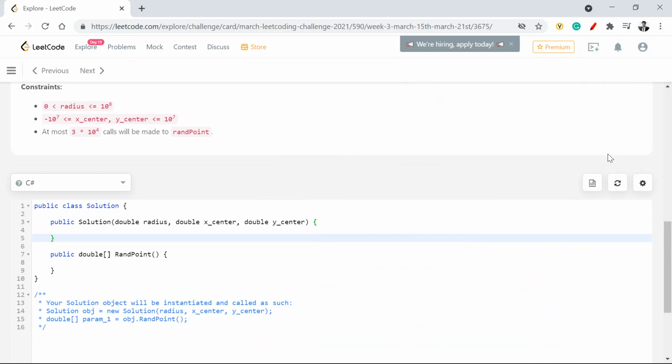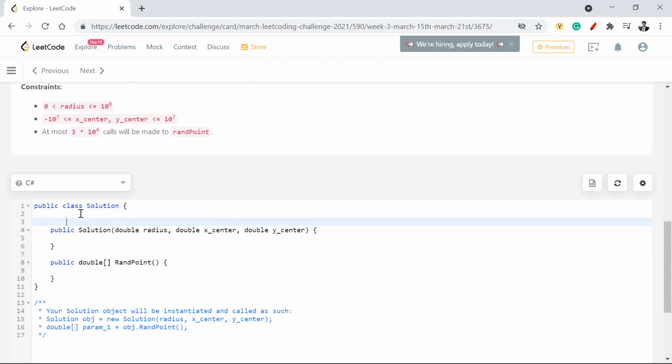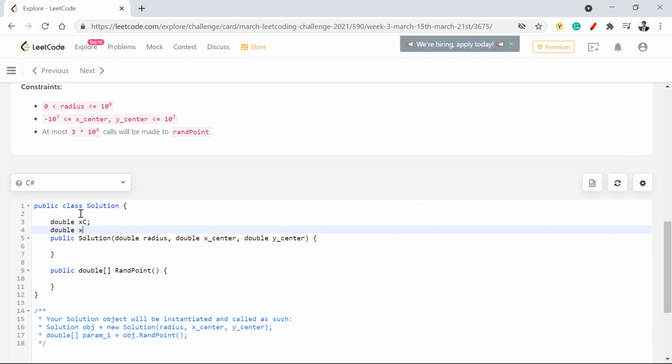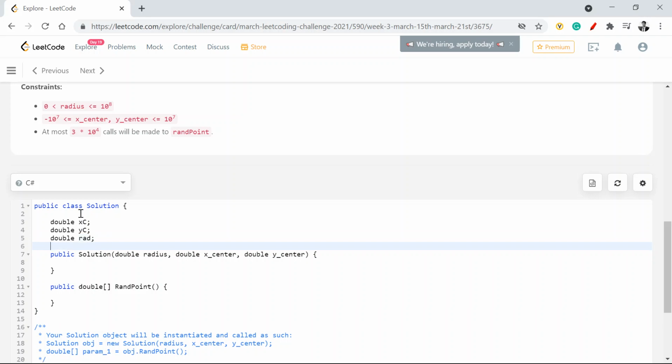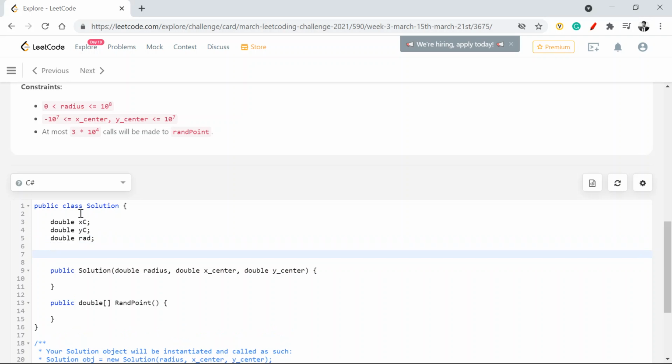Now with that as a base, let's quickly start coding. First I'll create some internal values: my x center, my y center, which are given to me as an input. I also have been given an input which is the radius, so I'll say radius. I'm going to use a Random class, Random r.